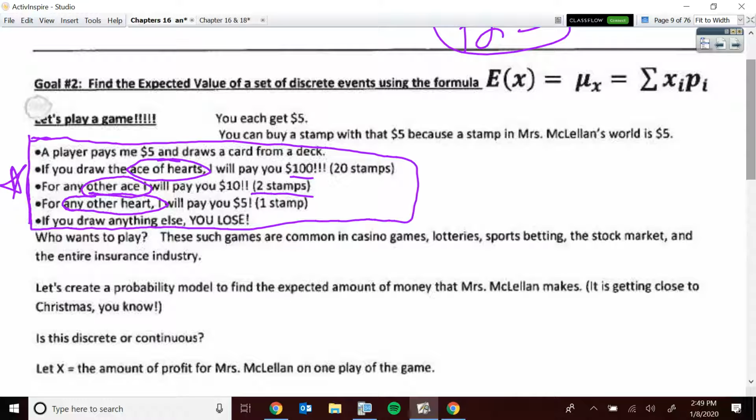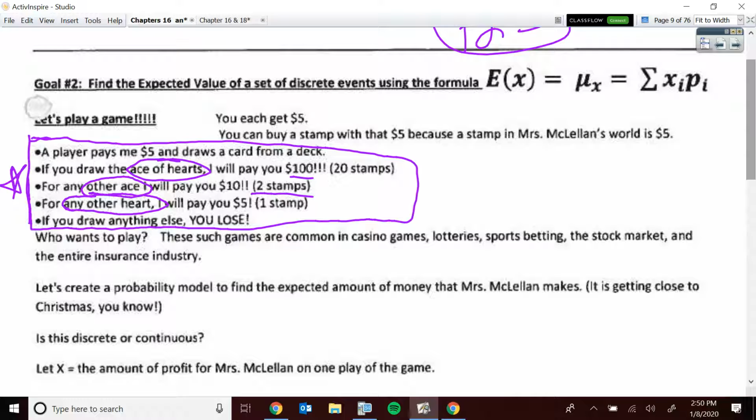I have won every single time today. Actually, that's not true. In third period, Justin Rockmore got an ace, so I gave him back $10. Then he played again, and I gave him back another $10. So he actually ended up with 3 stamps altogether. That was good for him, but everybody else lost. So we're interested in ultimately, on average, by the end of the day, how frequently am